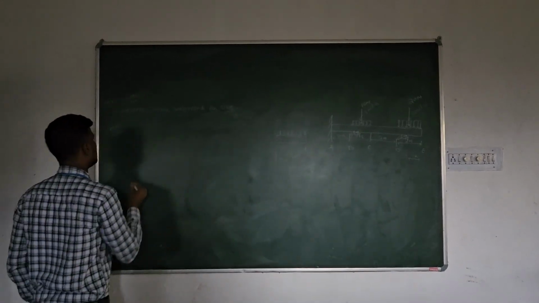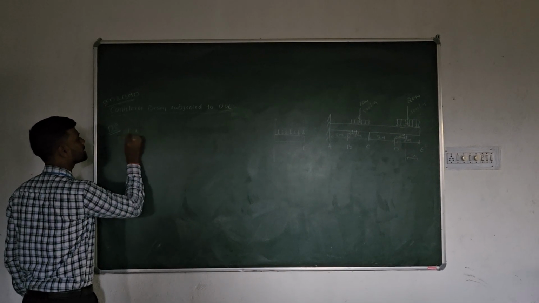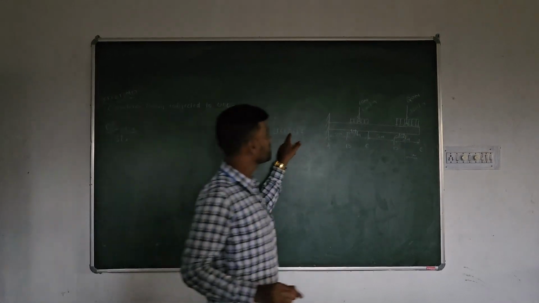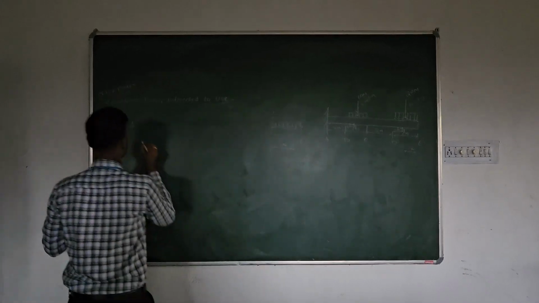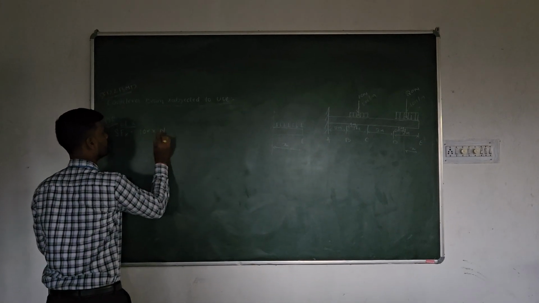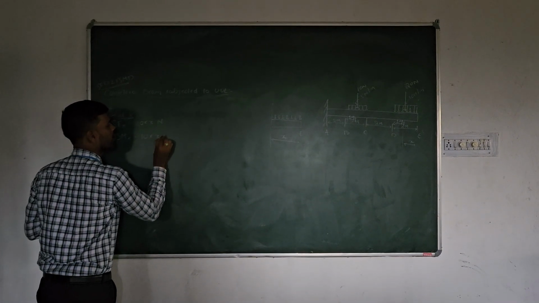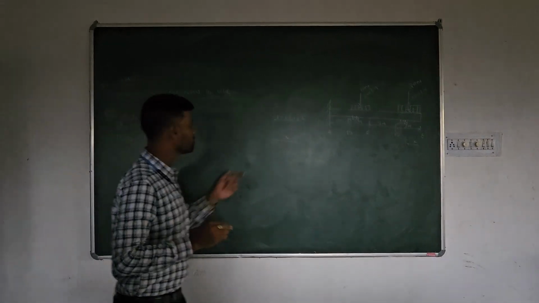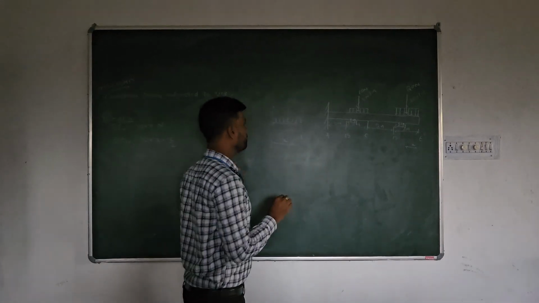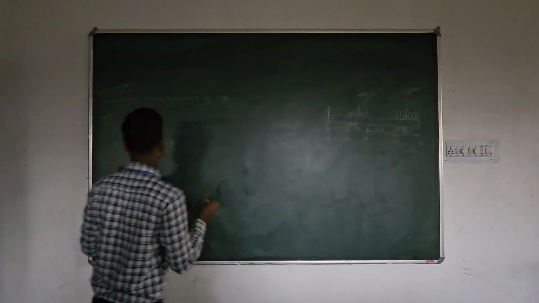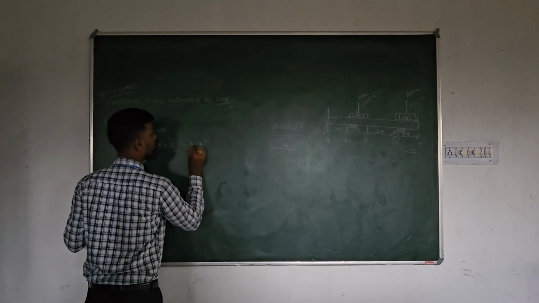So what will be this shear force value? SF at X, SFX, is equal to how much? 10 Newton into this distance X. So 10 into X Newton. What will be the bending moment value? Bending moment at X is equal to 10 into X by 2. Why? Because this much value is 10 into X, and it will act at the midpoint of this one. So 10 into X by 2, that is 10 X square by 2, which is 5 X square.